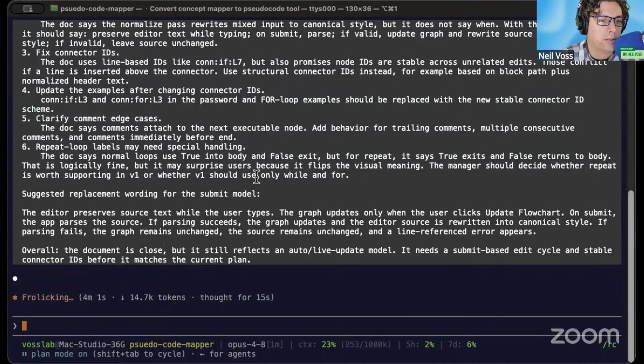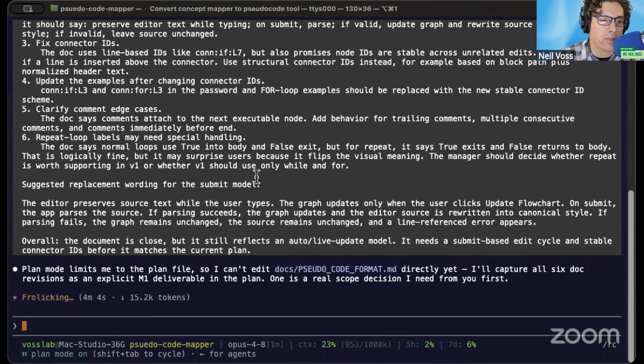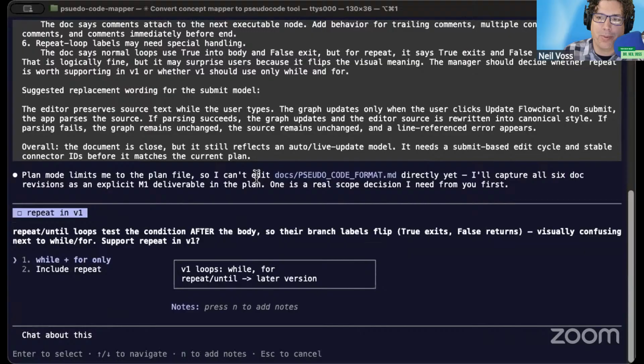So I don't know. This is how my vibe coding life goes. I copy messages mostly back and forth from one terminal to another. Should we include the word repeat? Repeat until loops test the condition after the body. So the branch labels flip, true exits, false returns, visually confusing next to